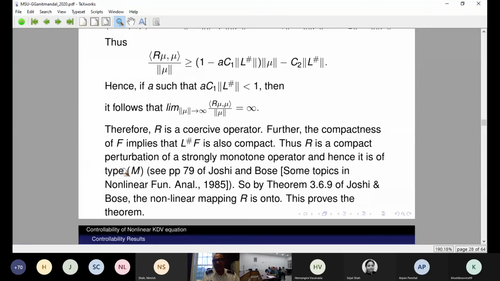And once an operator is of type M, it is always onto. That's what they have proved: Theorem 9, Article 6, Chapter 3. Both these guys proved this, thanks to them, that R is onto. Once we get an onto map, that means we are achieving the exact controllability. So that's why I told you that I proved the result using monotone operator theory. Okay, guys. Now, I would like to